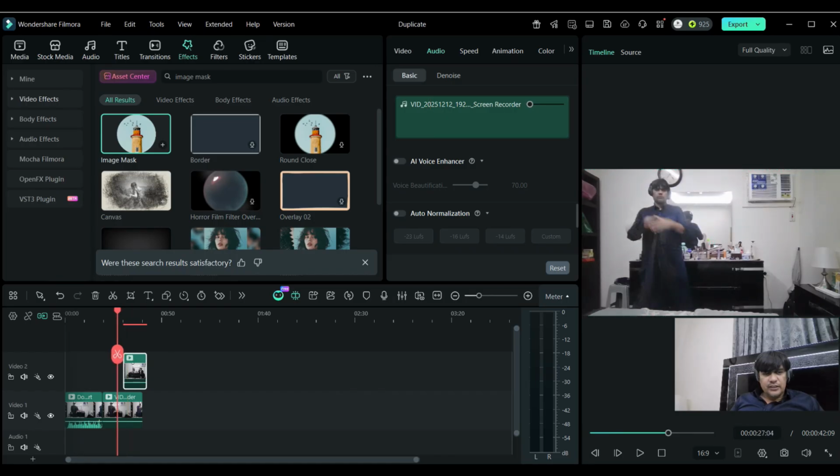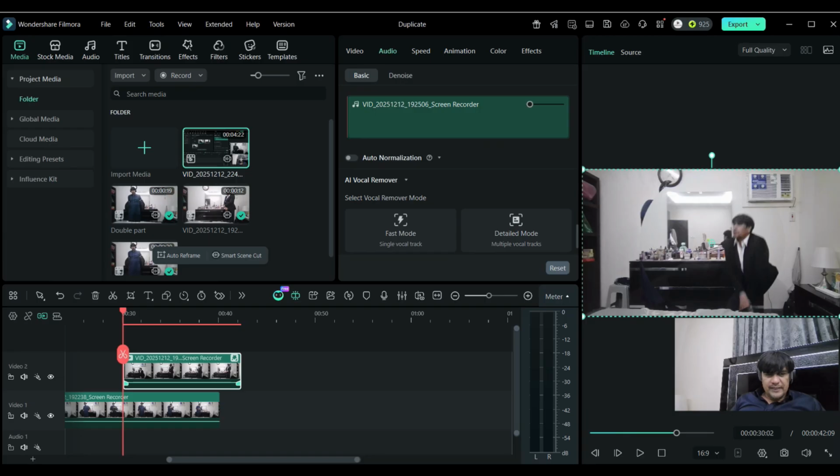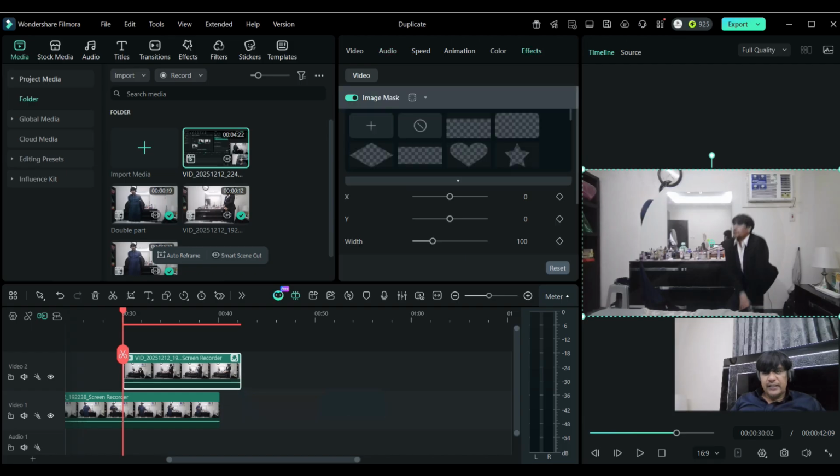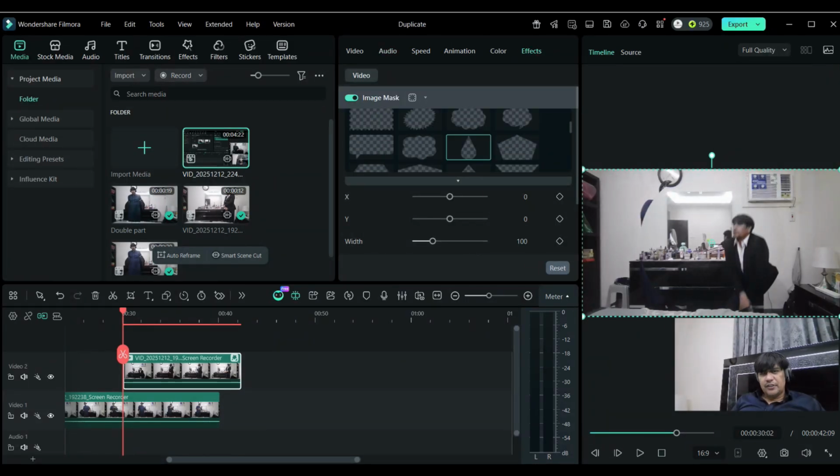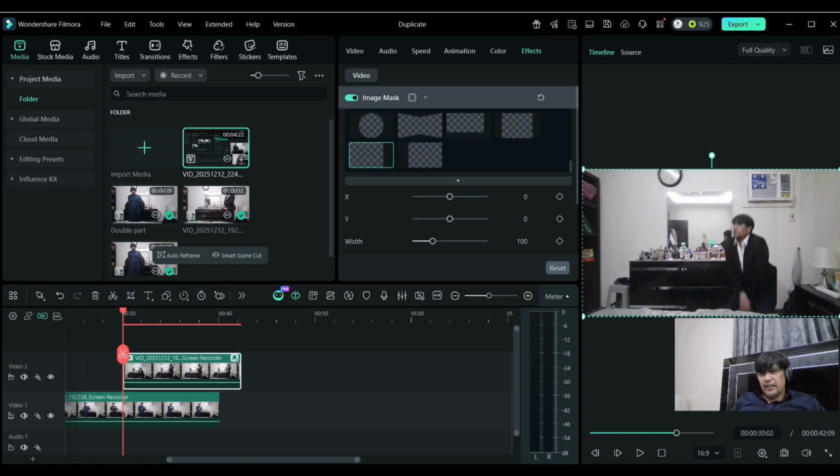So I will click on it on my second shot. Once I click on my second shot, you see on the corner this small stick. I will double click on it and then I will see this window. So I will come down here and I will choose one of them from here. So I choose this one. Now there is a circle. You can see the mask in the circle. Now I choose this one, okay, and after that, once I choose it, I will make this X. I will increase the value. I will set where both characters are showing, okay.